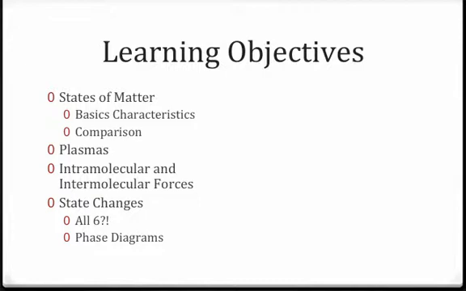Last but not least, you can't talk about states of matter without also discussing the concept of state changes, going from one state to the other. Turns out there happens to be 6 of these state changes, although most people are only aware of a couple of them. We'll see these state changes in the context of something known as a phase diagram. This is basically a graph that shows the pressure-temperature relationship and all the temperatures and pressures that